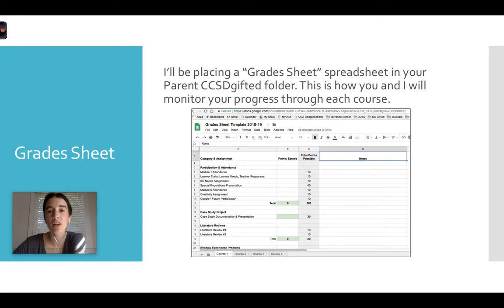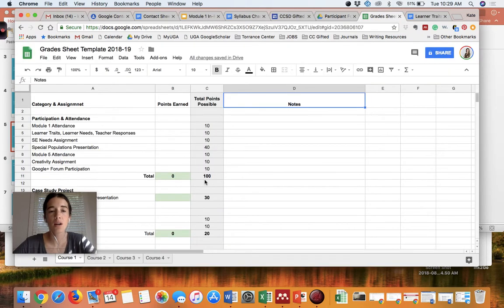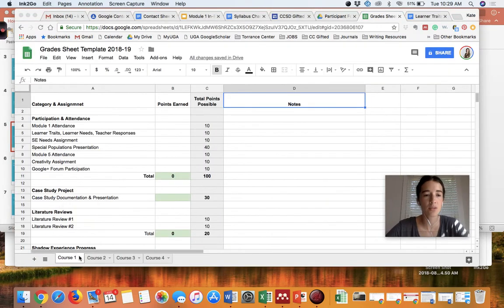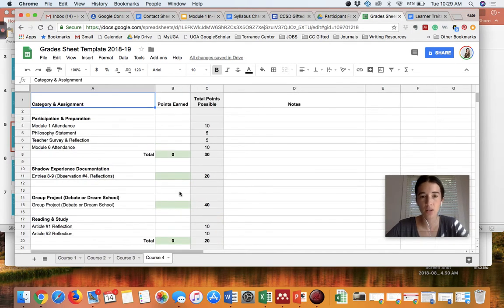I'm going to be placing a grade sheet spreadsheet in your folder. It's going to say your last name, first name, _grades sheet, and that's how we're going to keep track of all of your progress throughout each of the 4 courses. It's just a Google spreadsheet. I'm actually going to hop back over to the browser and show you. Down here at the bottom, you're going to see little tabs for all of your courses: Course 1, Course 2, Course 3, and Course 4.